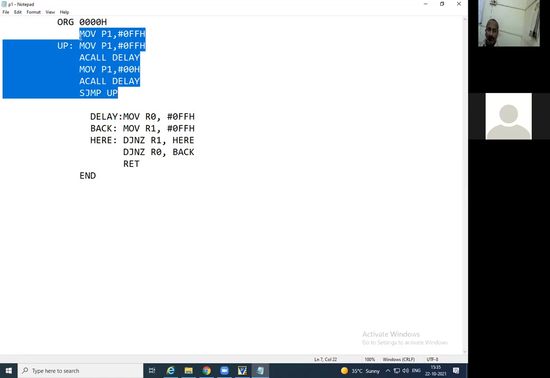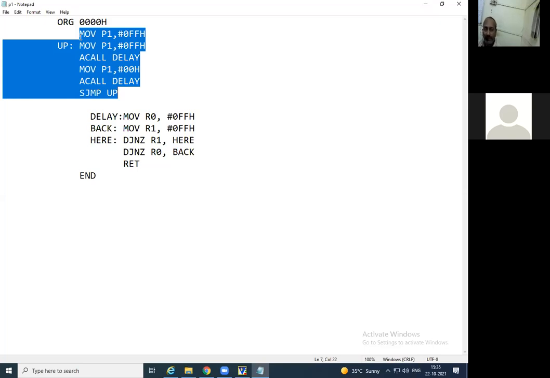Again the question comes. But if you remember, in the last session we have seen that in 8051 there are 4 ports: port 0, port 1, port 2, and port 3. Correct. So from that, here it is the port P1, that is port 1, and it is loaded with FFH because the MOV instruction is for that purpose. MOV means transfer. What is to be transferred? Transfer FFH into P1.